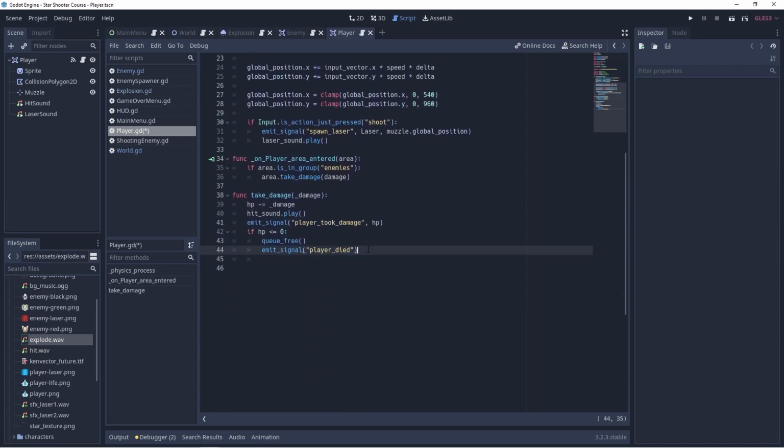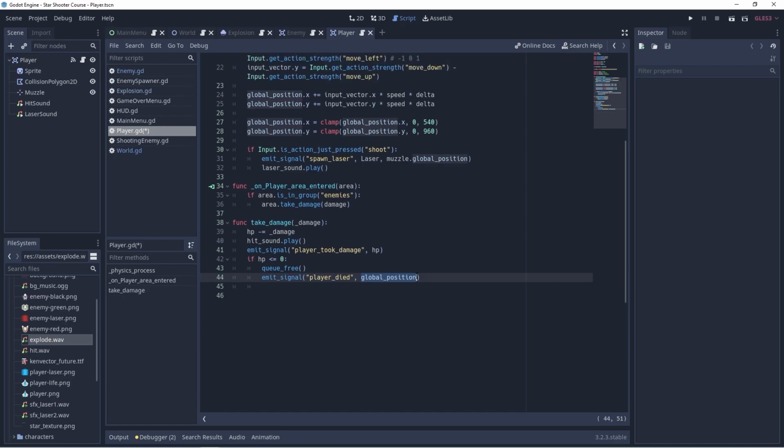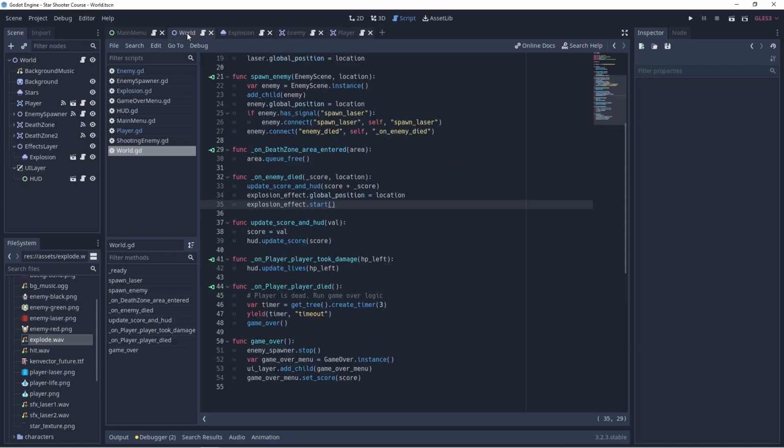But inside here, when the player dies, inside the take damage method, when the HP goes below 0, we need to pass the global position, which is a variable that is built in to the player class. Great, right now we're passing the position to the player died signal, so let's go back to the world script,